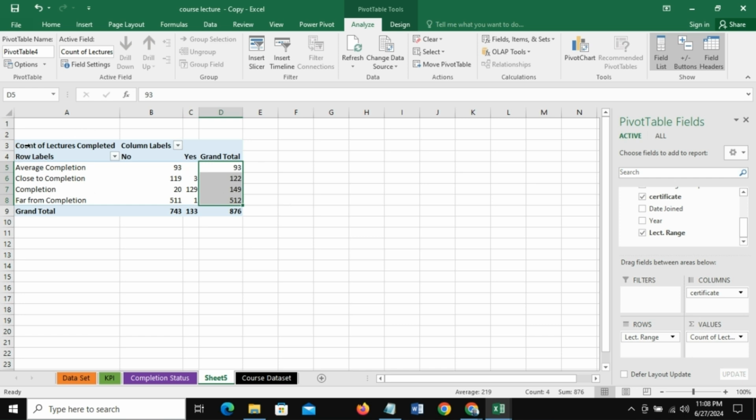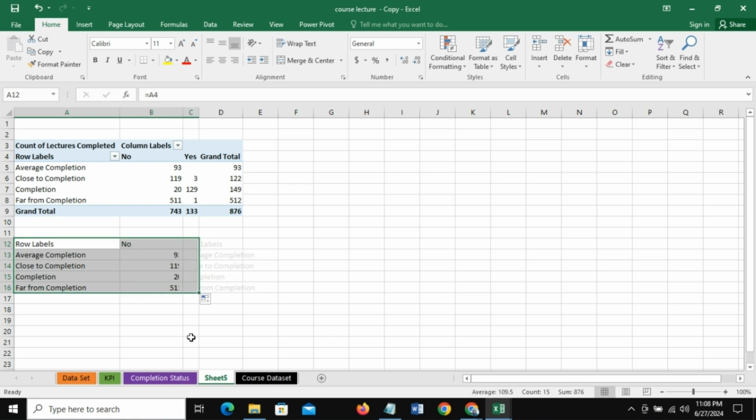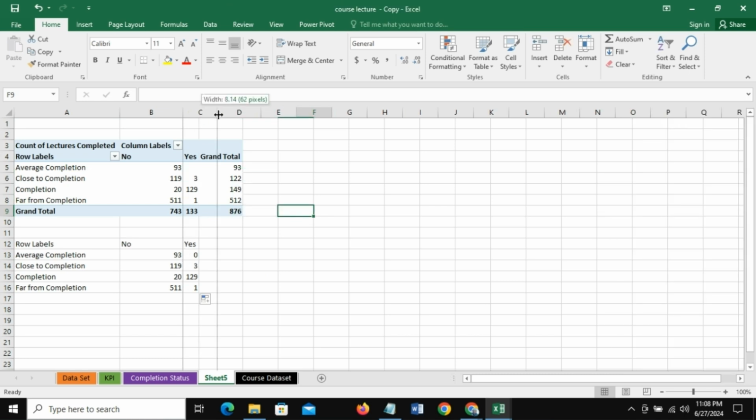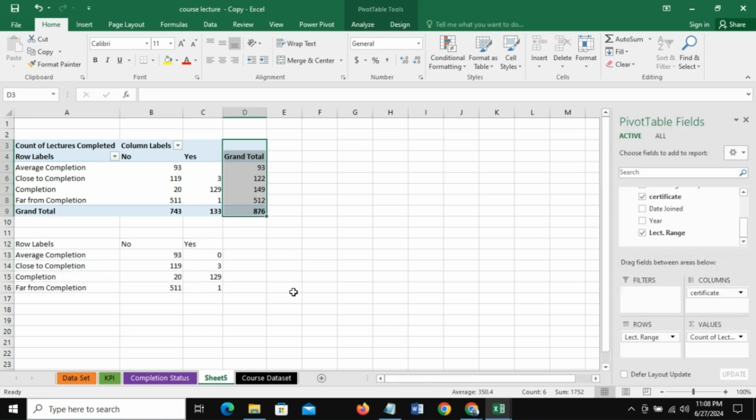So I want to bring this down here, say equal to. Can start from here, press enter, and then we can drag this down to far from completion. I don't need the grand total, so you can leave that out and drag this to yes. So I also don't need the grand total here, so you can leave that out. Okay, so can make this bigger. Okay, so we'll be using this to create our charts later, so that's why I don't need the grand total